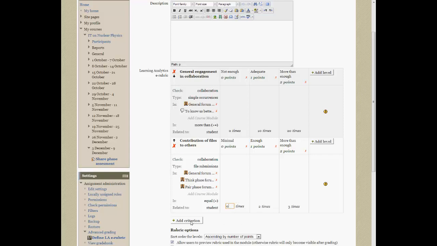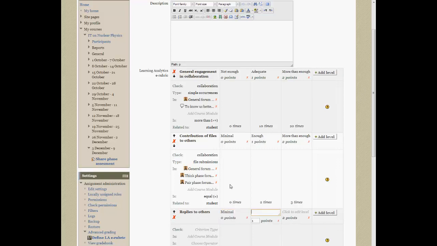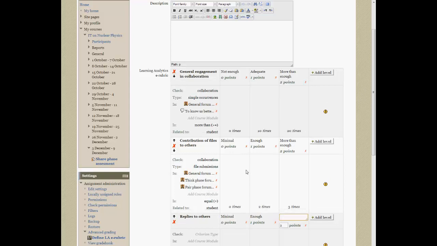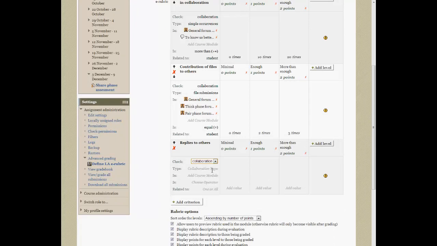The next criterion, we will call it replies to others. The first level is minimal replies, the student gets 0 points. The second level is enough replies, the student gets 1 point. And for the third level, more than enough, the student gets 2 points. We want to check collaboration, and the collaboration type for this should be forum replies. We can only choose forum course modules, like let's say the Surface forum